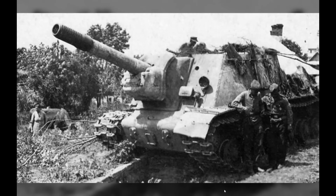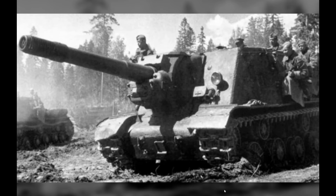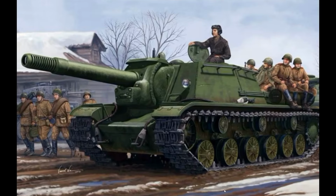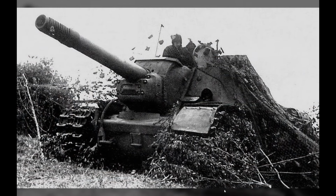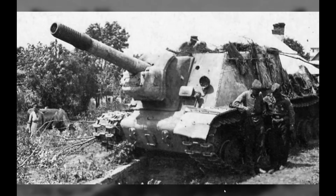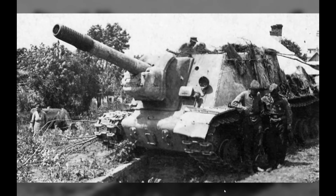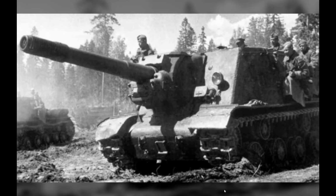The Su-152 was a Soviet self-propelled artillery and assault gun used to replace the KV-2 heavy tank during World War II, and was later replaced by the SU-152 heavy assault gun. It carried a 152mm ML-152S howitzer in the Su-20 body. Like the KV-2 tank, the Su-152 was originally designed to provide frontline troops with strong fire support against enemy fortifications